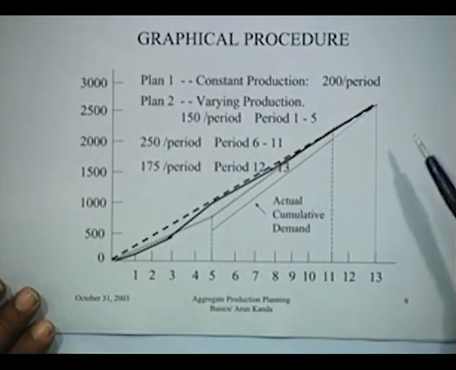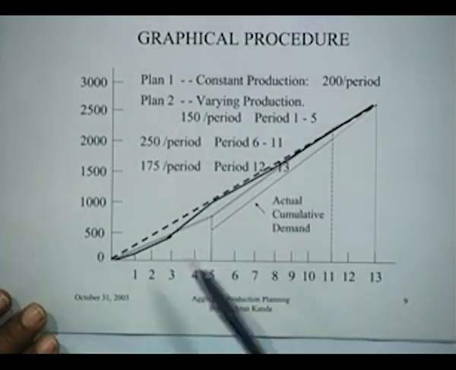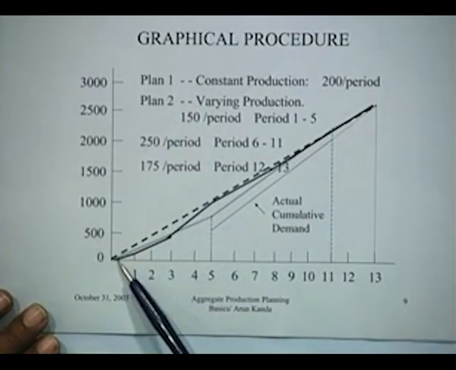We will use a graphical procedure, and incidentally this graphical procedure is the most common one with practical managers, because they find it simple and it does not involve any complicated mathematics, right. And obviously the price is in terms of the fact that this leads to only a heuristic solution, it does not guarantee an optimal solution, but it has certain advantages to offer. The first thing that you do in the procedure is that you plot the cumulative demand.